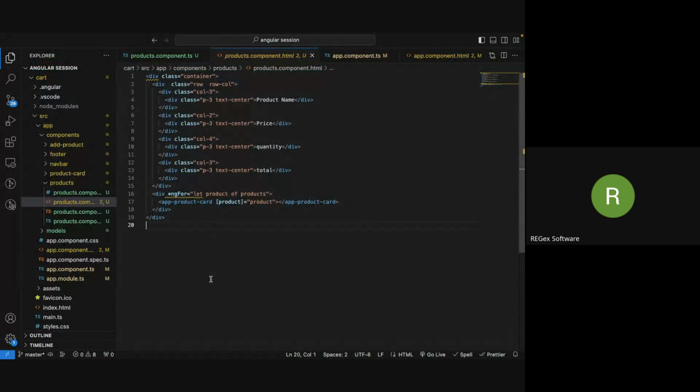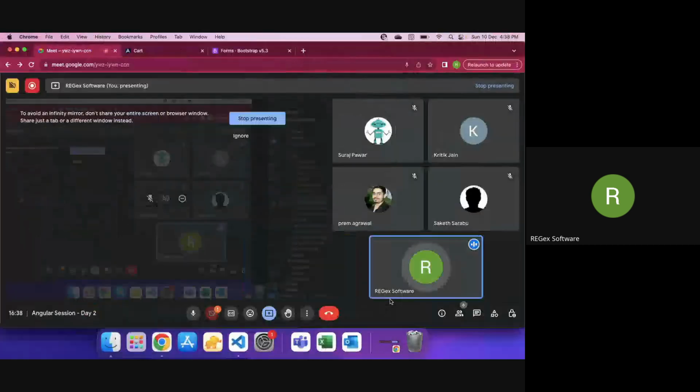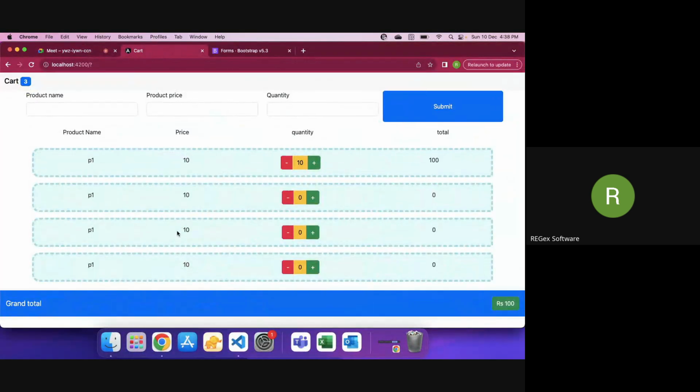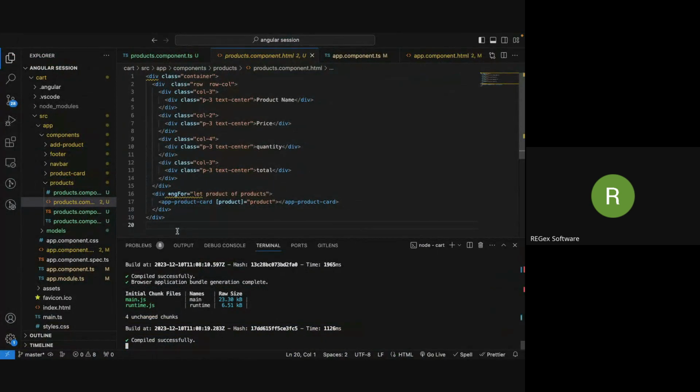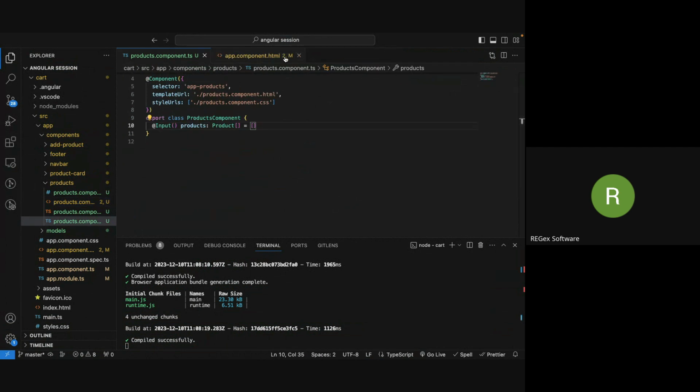Let's see, is it working or not? Okay, it's running, coming to the output, and it's completely fine. There is no problem. Anyone has any doubts on it as of now? No, that's great. So next thing we have to do